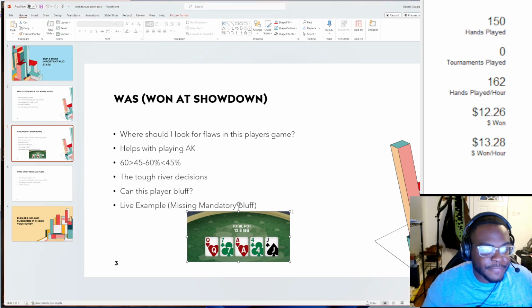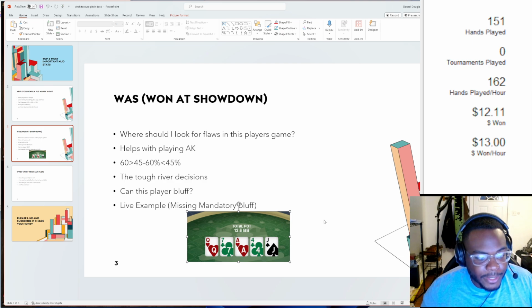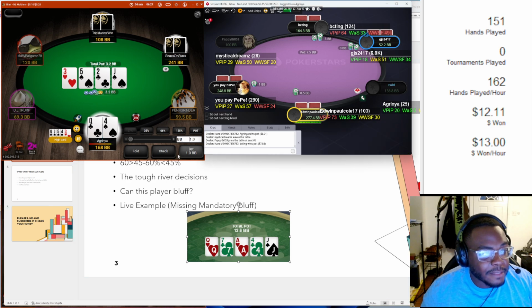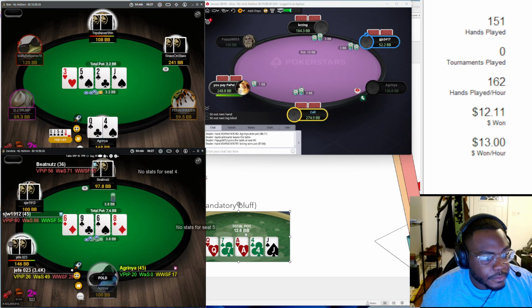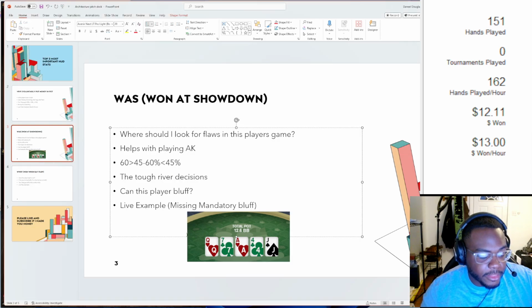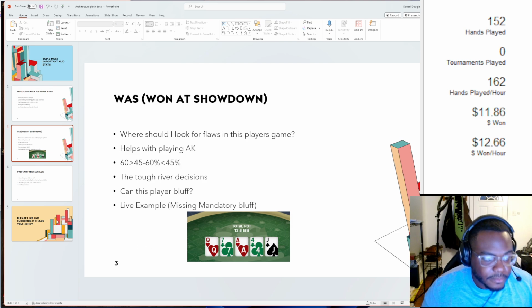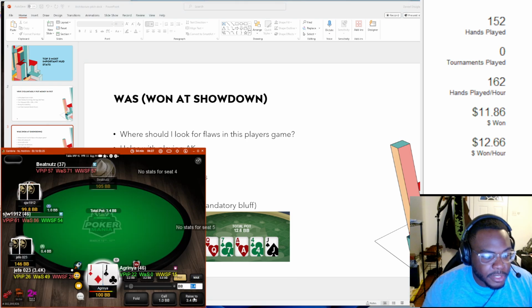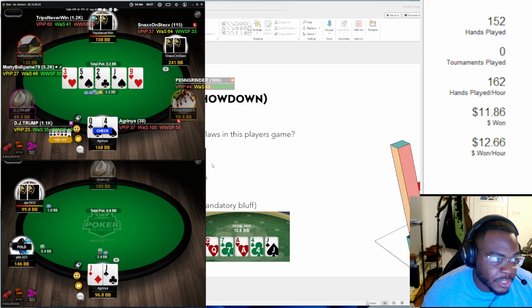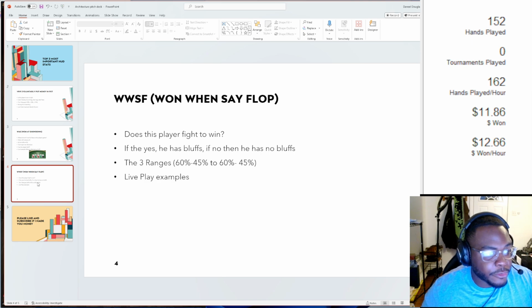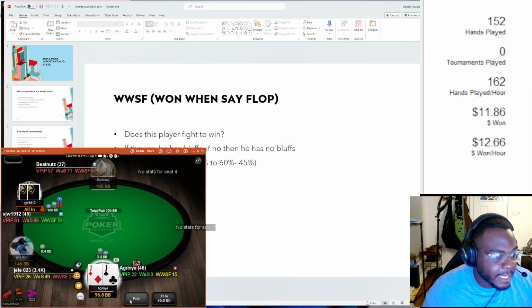And it's the same process for any run out. You look at the run out, you ask yourself, what are the value hands here? And then you take the 0 equity blockers to those value hands, and then if they're not bluffing with those cards, then they're not bluffing enough. Okay? So for example, when it's a straight run out, you ask yourself, what 2 cards make the straight? And then if either of those cards is